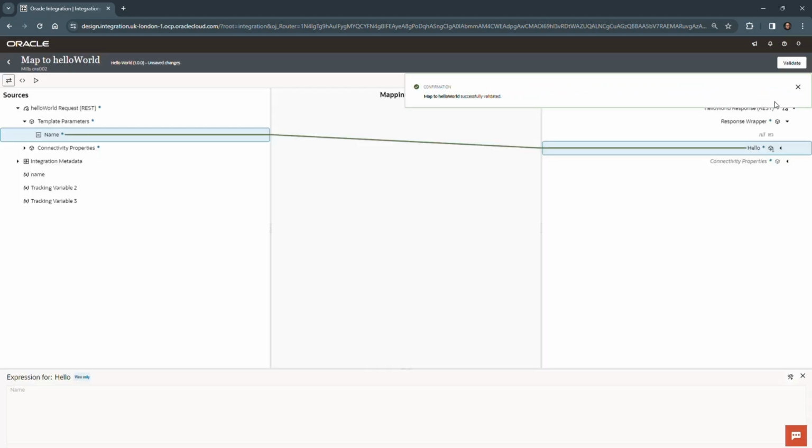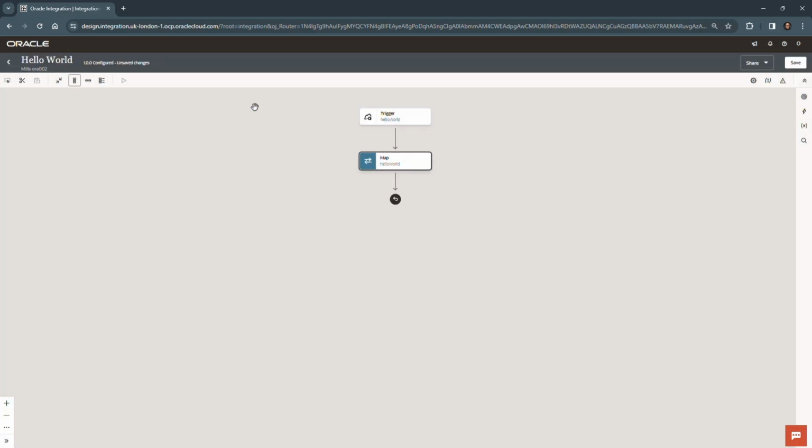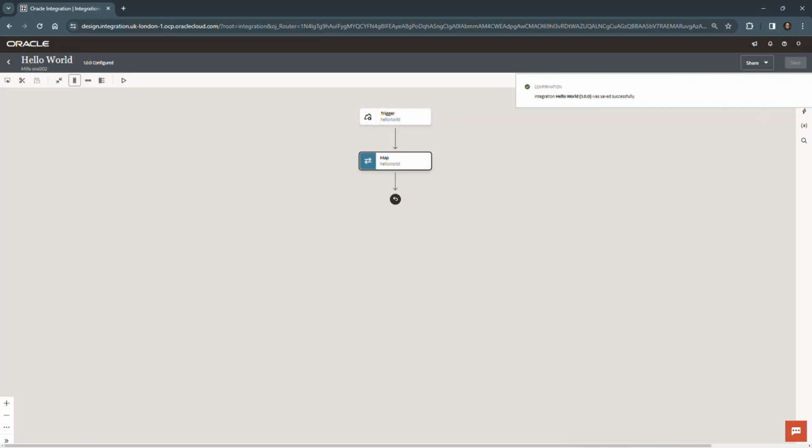Takes just a couple seconds. There's my confirmation. And then to exit the mapper, once again, we use that go back arrow right up here. Step 10, and as always, we're going to click on Save to save our integration so far. And at this point, we're going to just stop there, click on this back arrow again to leave